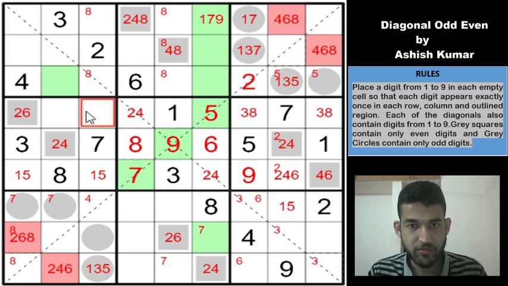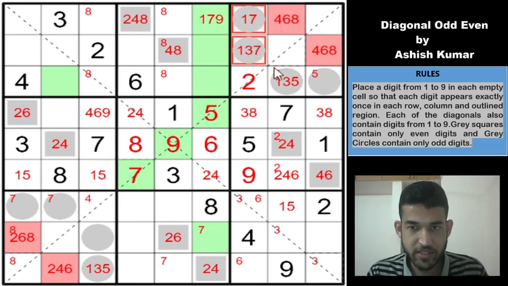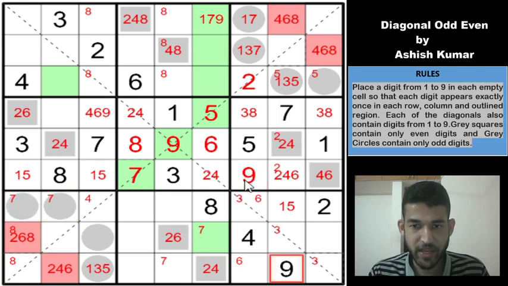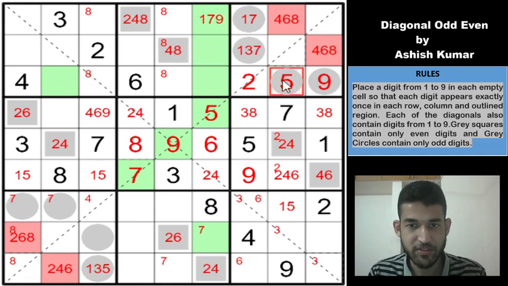So this cell has to be a 4 6 and 9, can't be 3 7 8 1 and 5, so this will be 4 6 and 9. So we deduced earlier that these 3 cells will contain 5 7 9, right? So is that helping us in some way? Okay, yes, because we have placed the 9s here and we already know that 5 7 9 must be in these cells, so 9 would have to go here, right? Superb, guys. Nice.